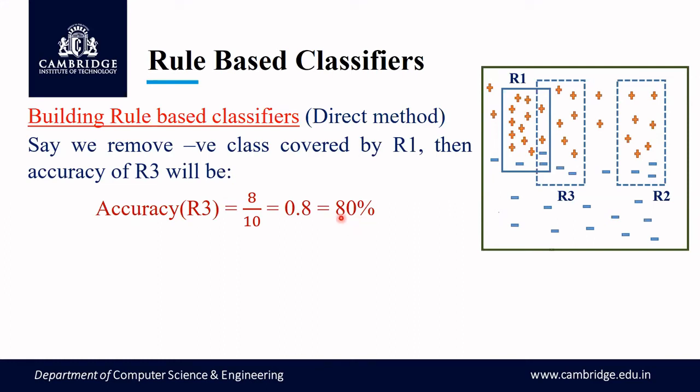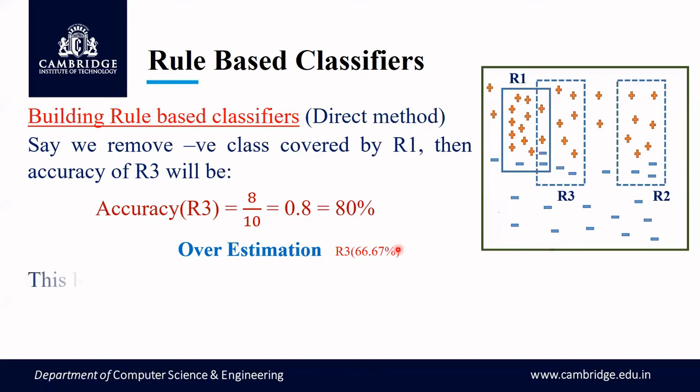Now when I compare this 80% with the previous value, it is way higher, right? It is a very much higher value when compared to 66.67, which means I'm having overestimation here. Why overestimation? Because previously it was 66.67%, now it is 80%, which is a very high value. So in the first case, when I removed only positive examples, I had underestimation. And now instead of removing only positive, I removed only negative. I'm going to have overestimation.